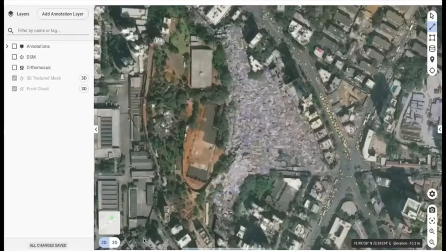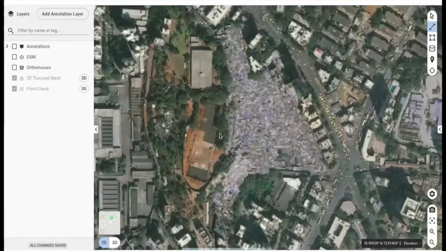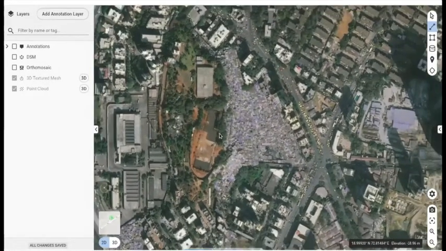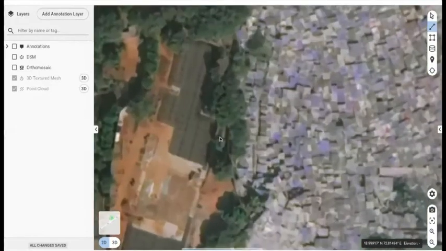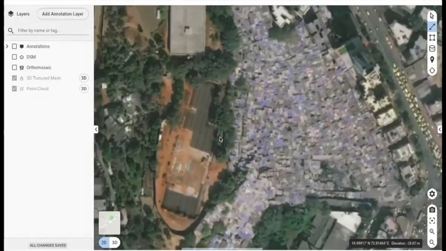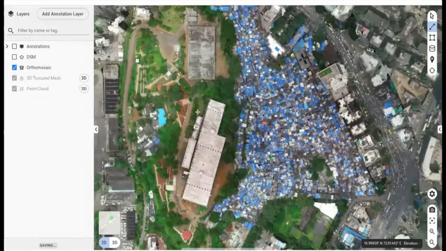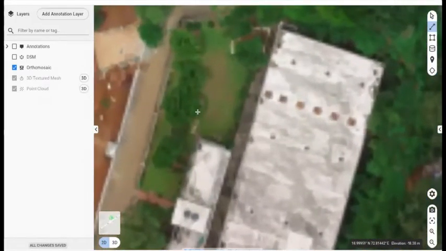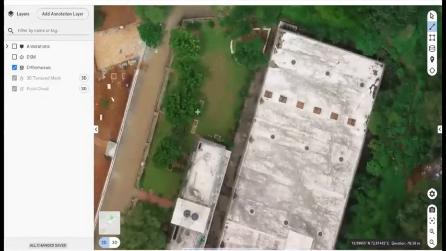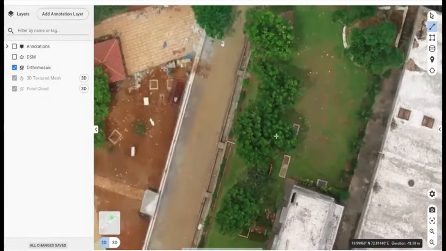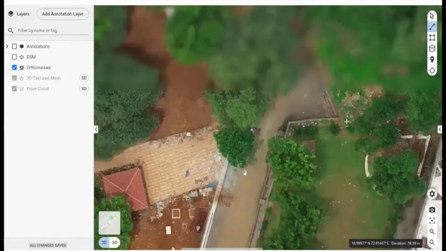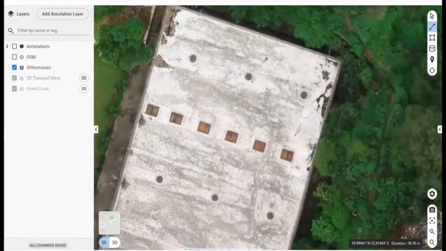Not only this, if you see these maps, you will always compare them with a satellite image. But let me tell you how this drone image is different from a satellite image. I'm sharing a small screen recording inside the software where we have published one of our results. What you are seeing now is a satellite image, which is a little blurry and the resolution is less. But once you impose the ortho map on this, you can see the resolution of this map. Each and every asset inside this area can be seen visually at a very high resolution.